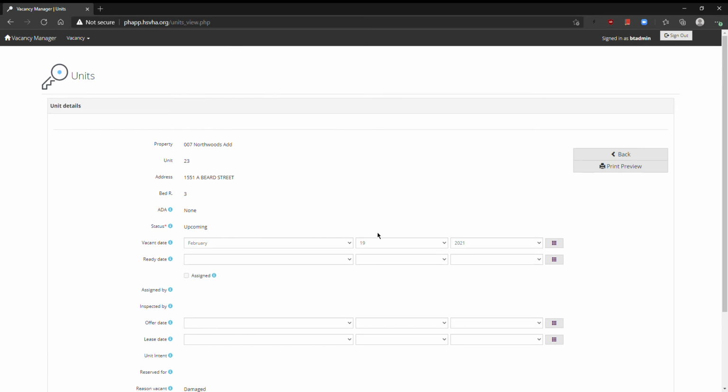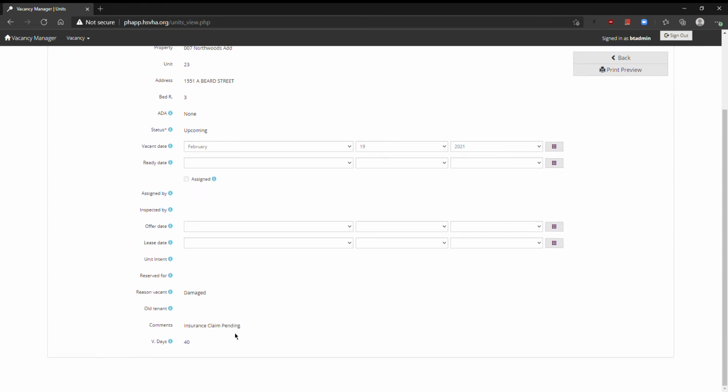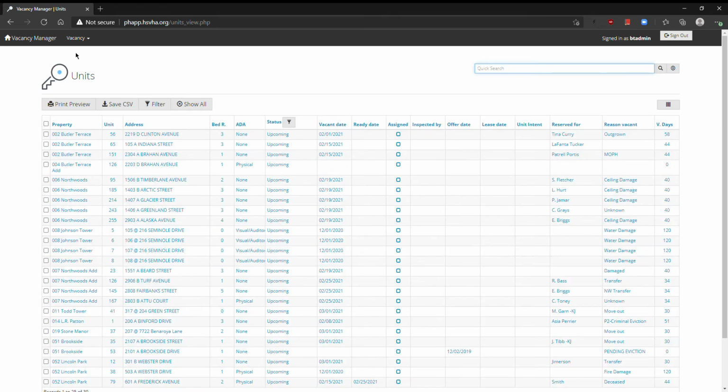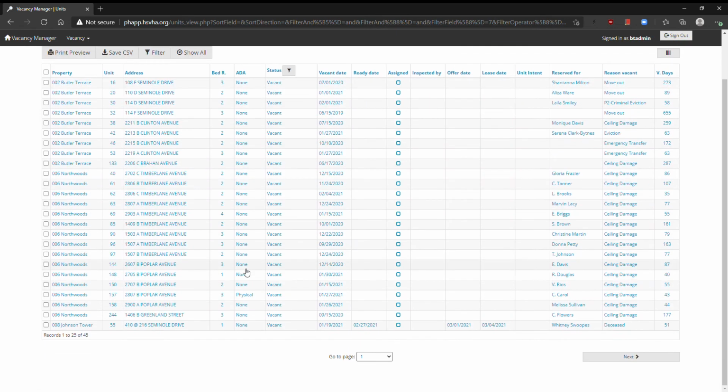You'll notice there's no save button. I can't click assign. I can't add these things. I can only read it. I can see what's going on. And so then you would want to call your fellow property manager and say, hey, I've got Joe here, needs to move in. Can we make this happen? And hit back to go back to that viewed list, vacancy manager, to get back all the way to the main menu. All vacant status, if I click that, is everything that's vacant,